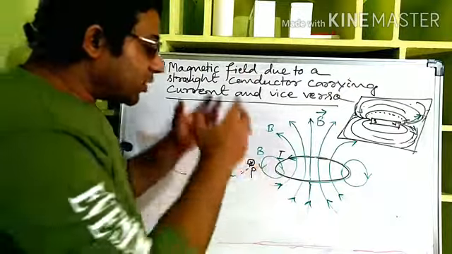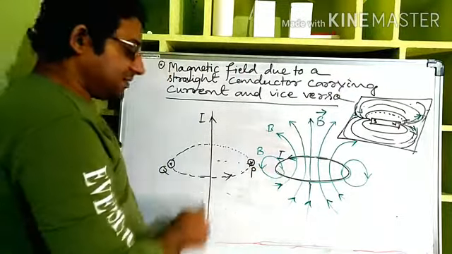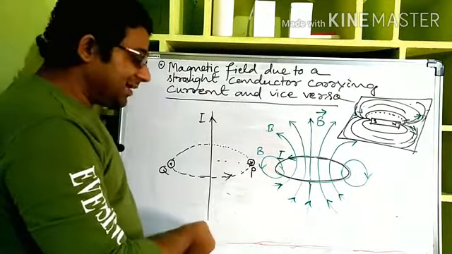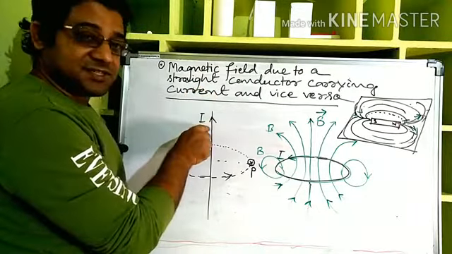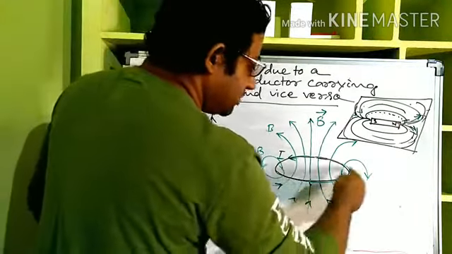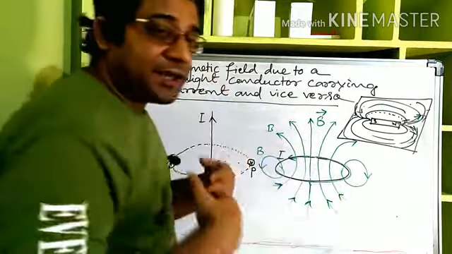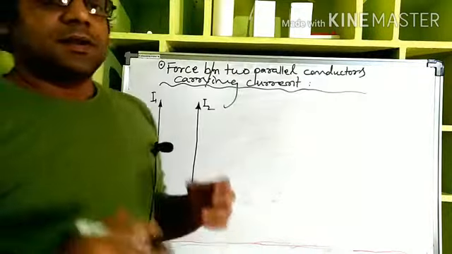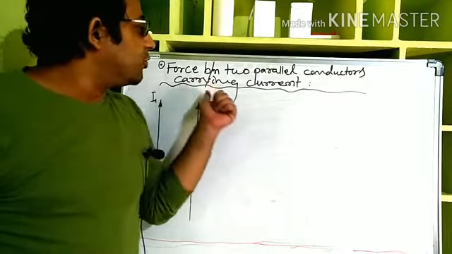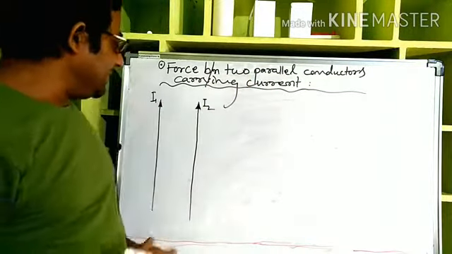What is concrete? What we are seeing is that this is the conductor. It is a copper wire or something like that, in which current is flowing. We can see this. And here also, the current carrying coil only is the real thing. The other portions are our interpretations. Clear? Next concept we are going to learn is force between two parallel conductors carrying current.